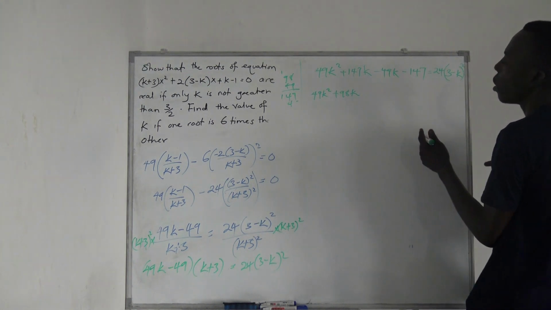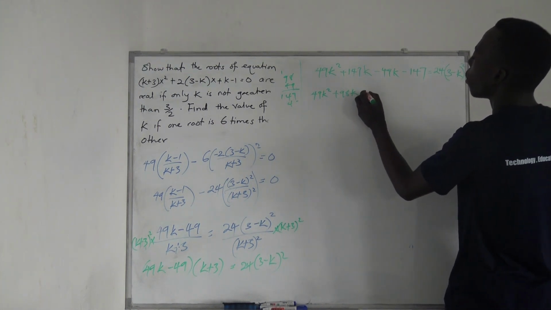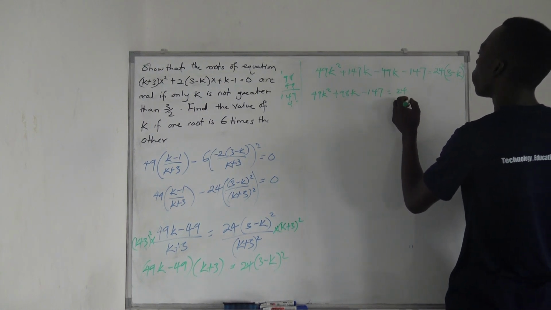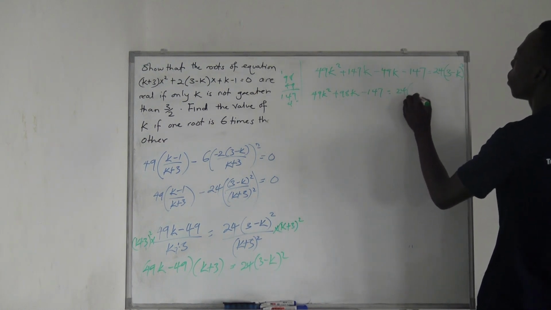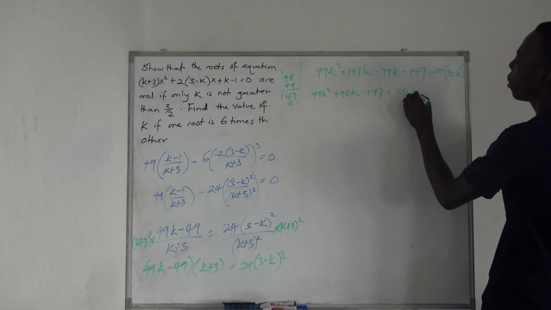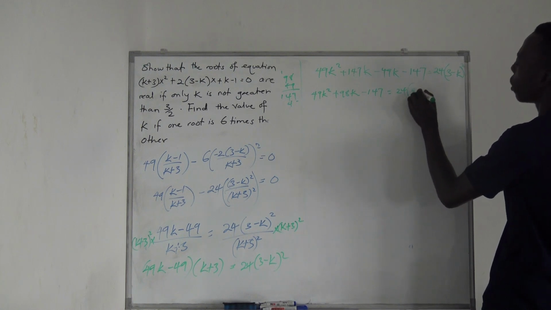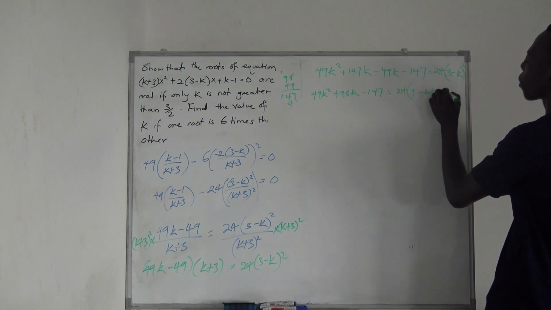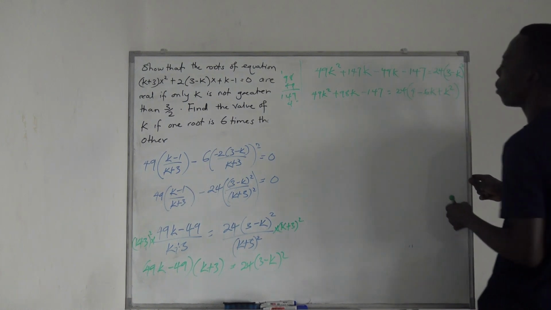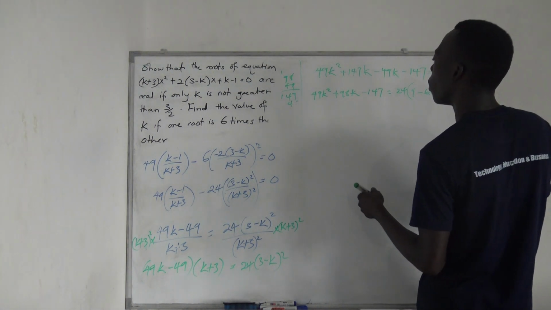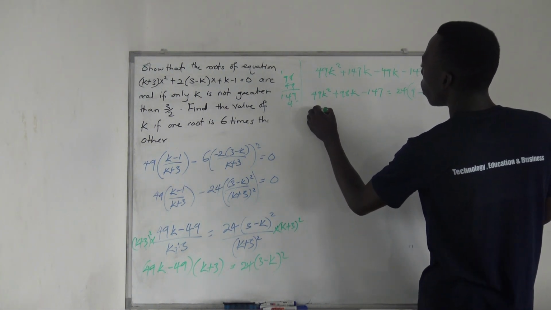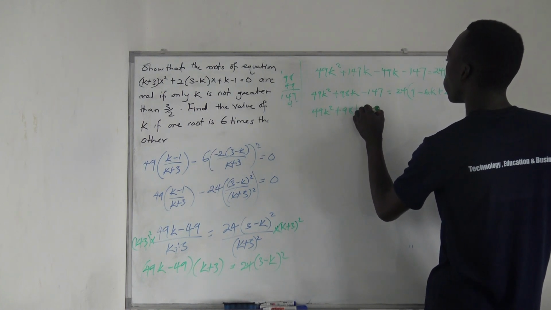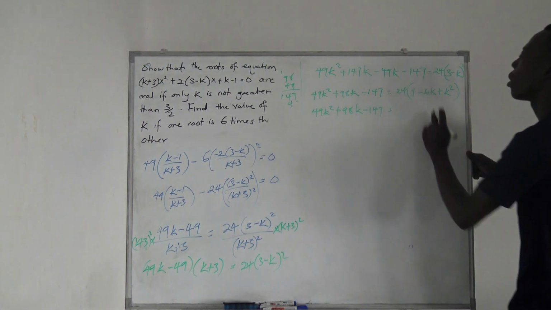Now this side is minus 147, equals 24 into, we have to expand this one, that is 9 minus 6k, then plus k squared. So now, opening the brackets, we have 49k squared plus 98k minus 147 equals 24